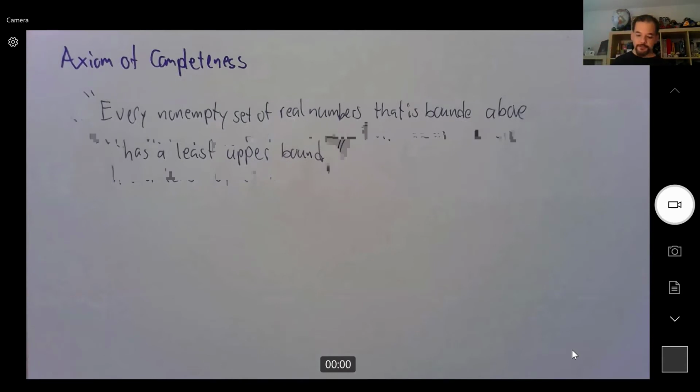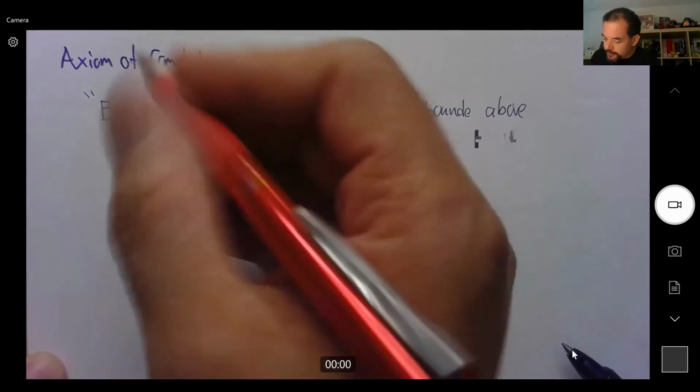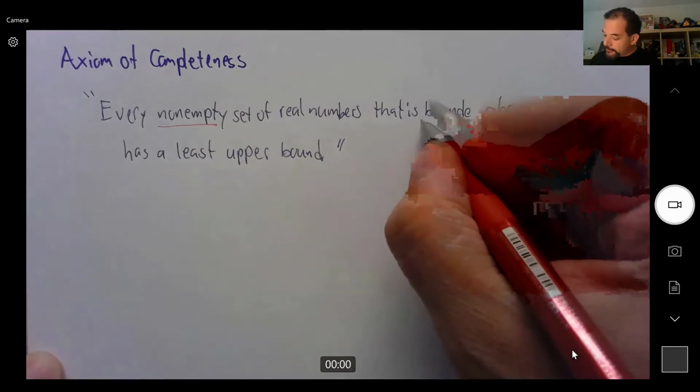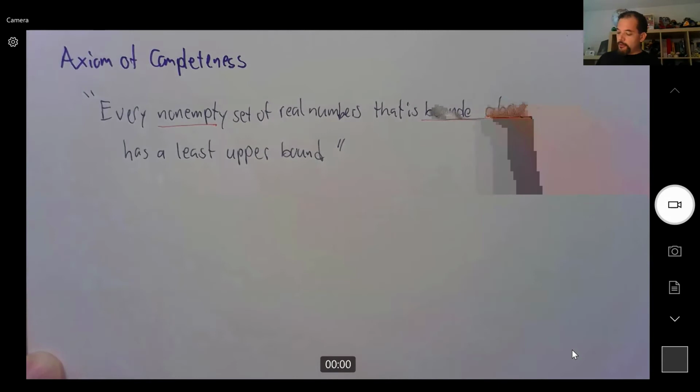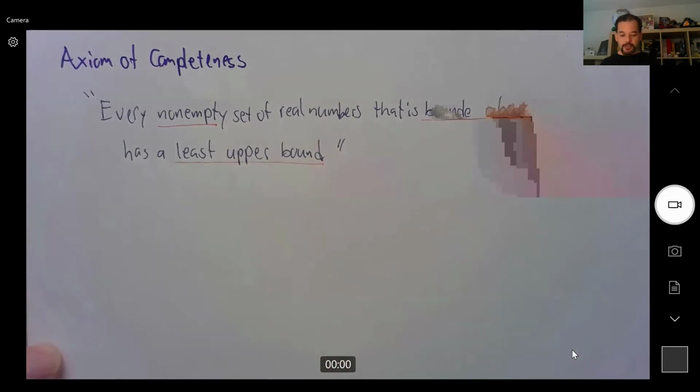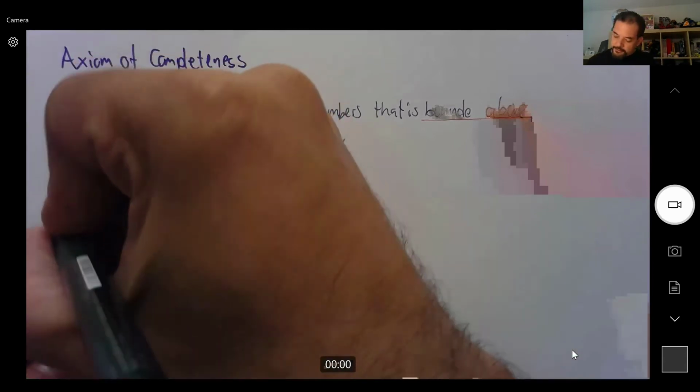That is the axiom of completeness, and we're going to explain it, right? We're going to explain all the words that are here. So what is it that we need to explain? We can tell right away. Well, non-empty, I think we understand what it means. It means it's not the empty set. And then we need to explain what is the meaning of bounded above and what is the meaning of least upper bound. Okay, so we'll go through those. Don't worry. So let's start with